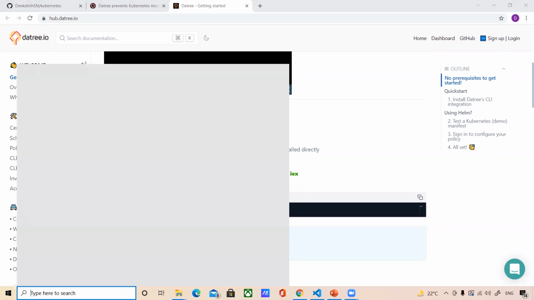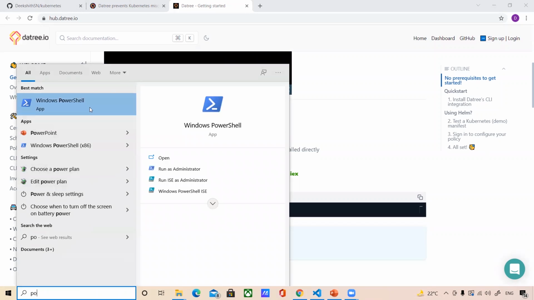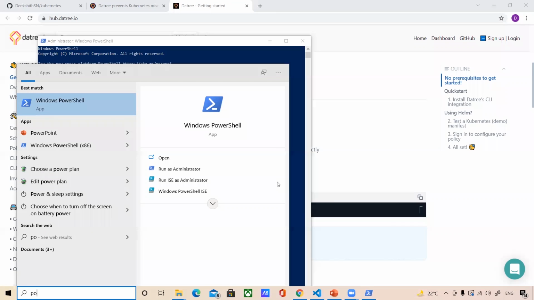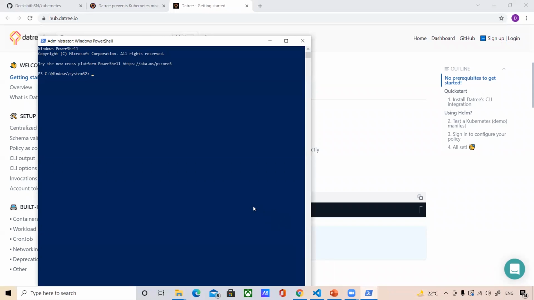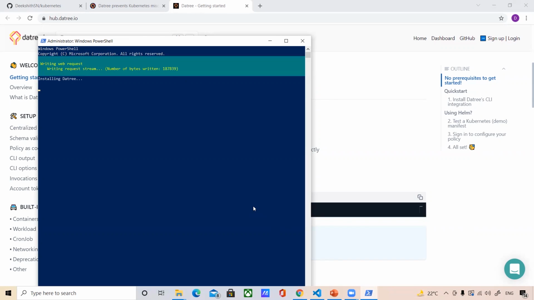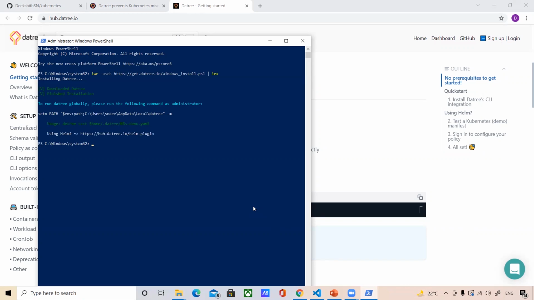Open PowerShell as administrator. I'm going to copy again, and by using only this single command, we will be able to install Datree on our local machine. You can see it took very few seconds.